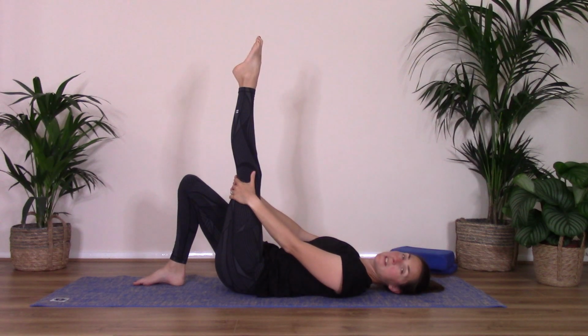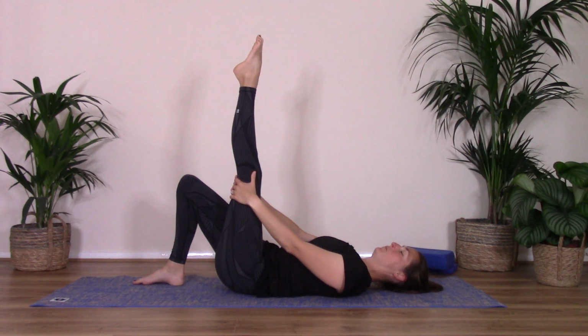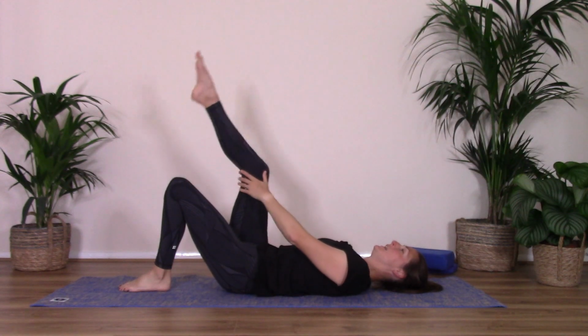And then holding that stretch again, toes pointing up towards the ceiling. And then lowering that leg back down. Well done, we do the same the other side, knee up towards the ceiling, lengthen out through the back of